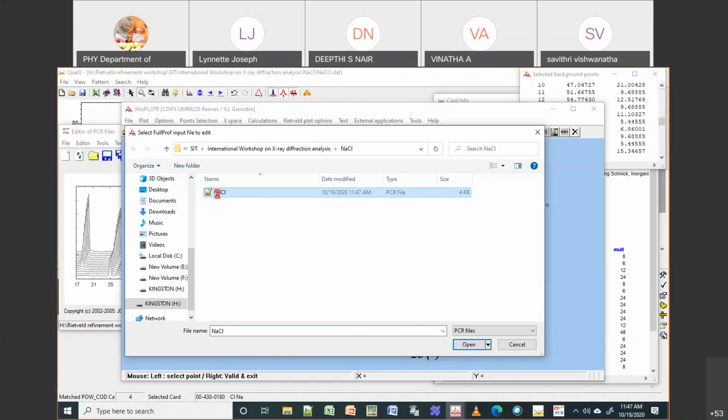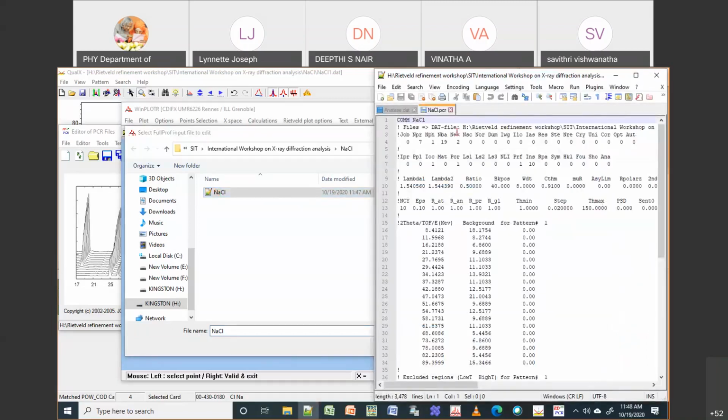Then I put 5.639 here in the EDPCR for a, b and c, and everything else is 90. I say okay, and then I save it. If I come back here, it will ask, do you want to update? Yes, I want to update. Then you can see it has put all these numbers.